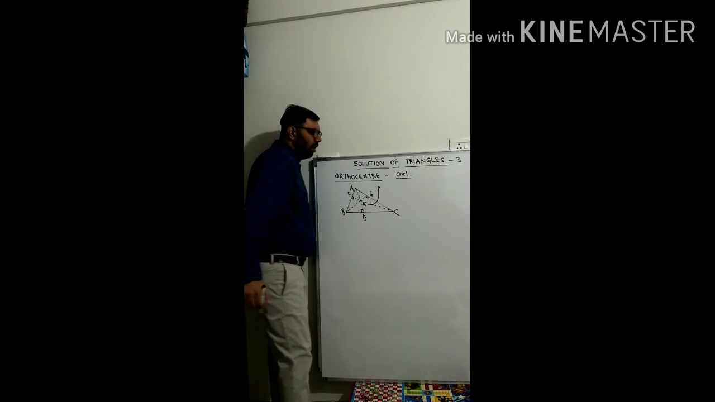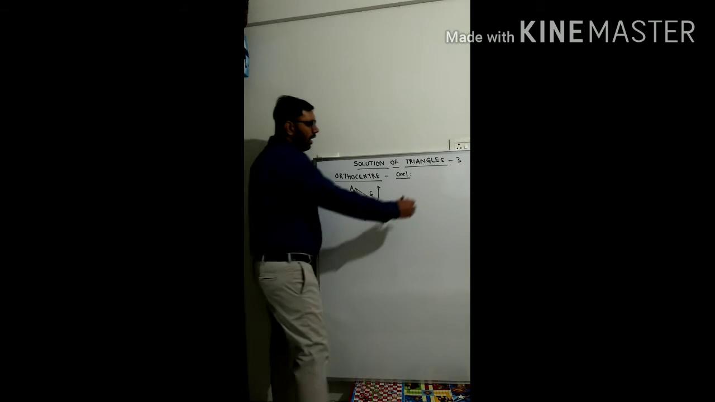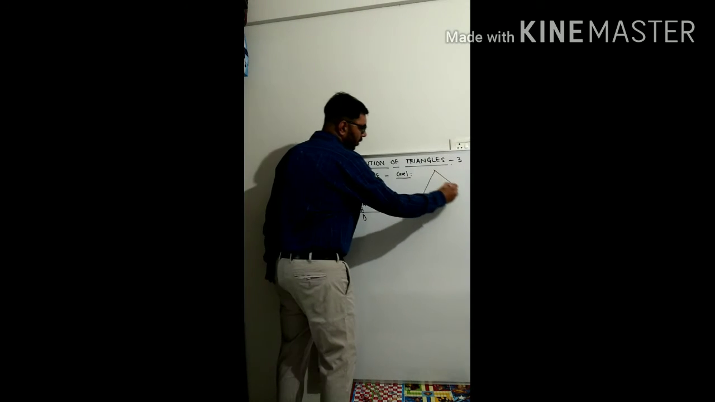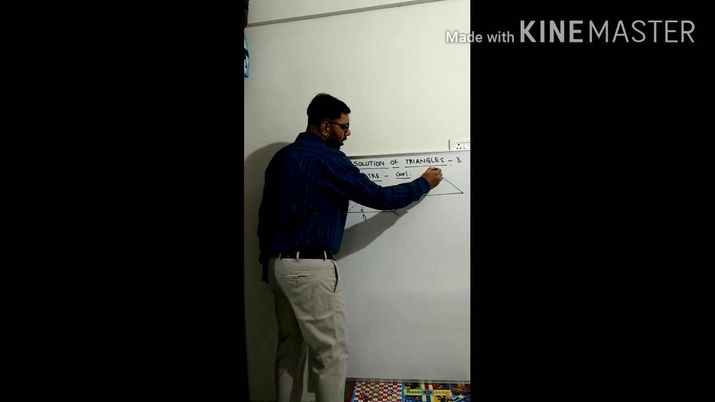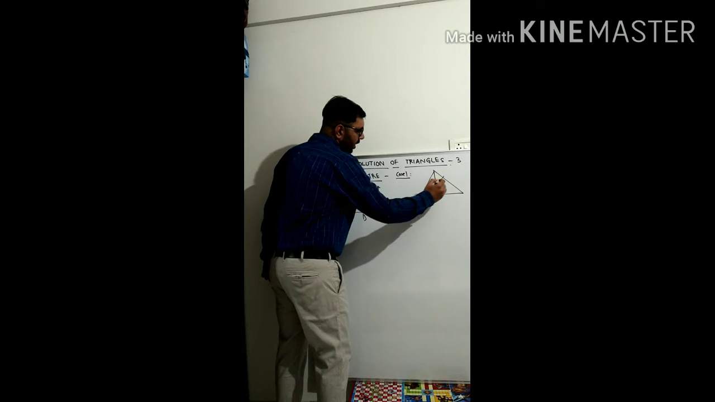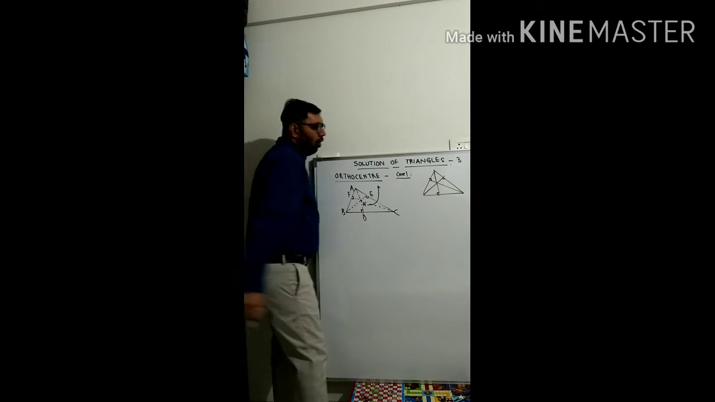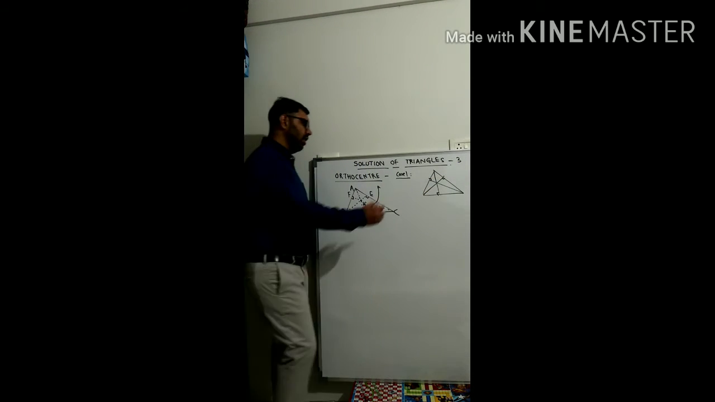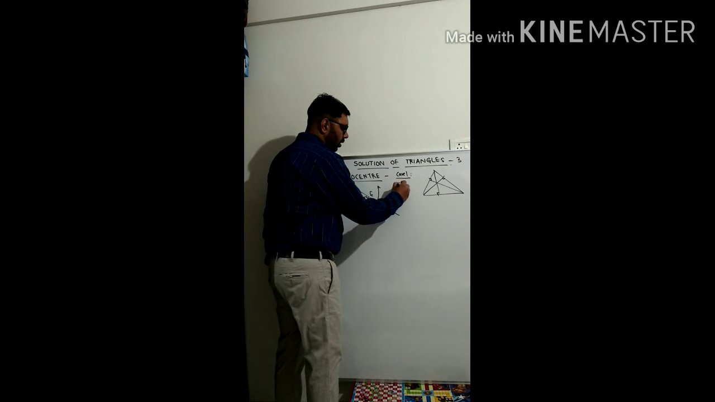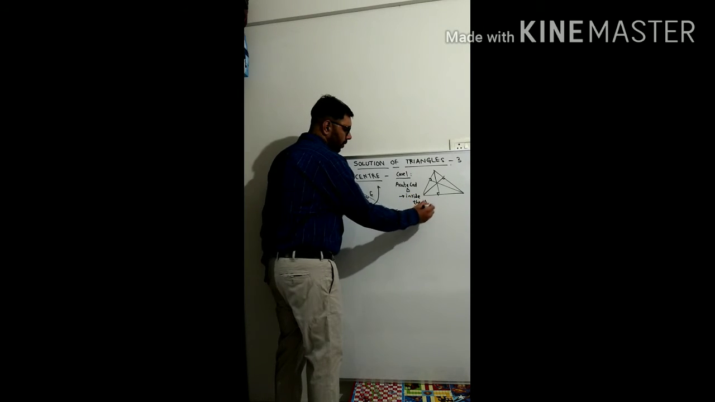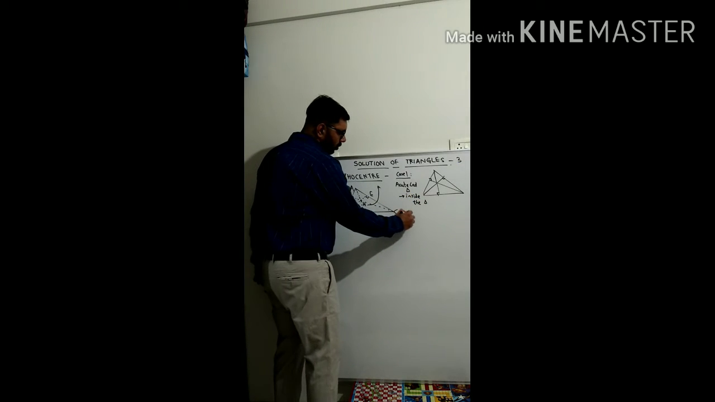First is case 1. For case 1, I take the acute angle triangle. For an acute angle triangle, the orthocenter always lies inside the triangle. Okay, now if we take case 2,